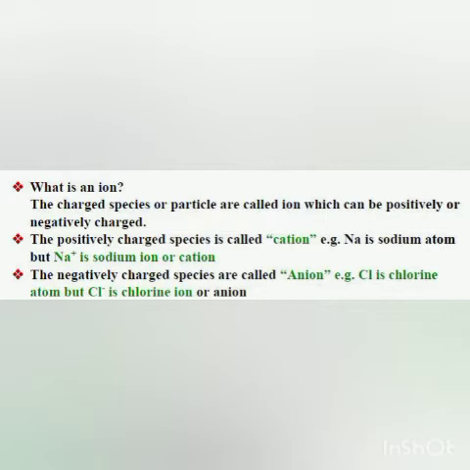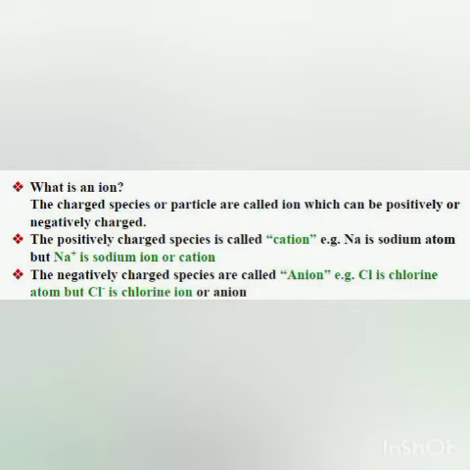But atoms are unstable. So if this sodium has a charge on it, you can see here it is having a plus charge, a positive charge. So now it is called an ion. Atoms having charge are called ions, and here it is having a positive charge, so it is called a cation.